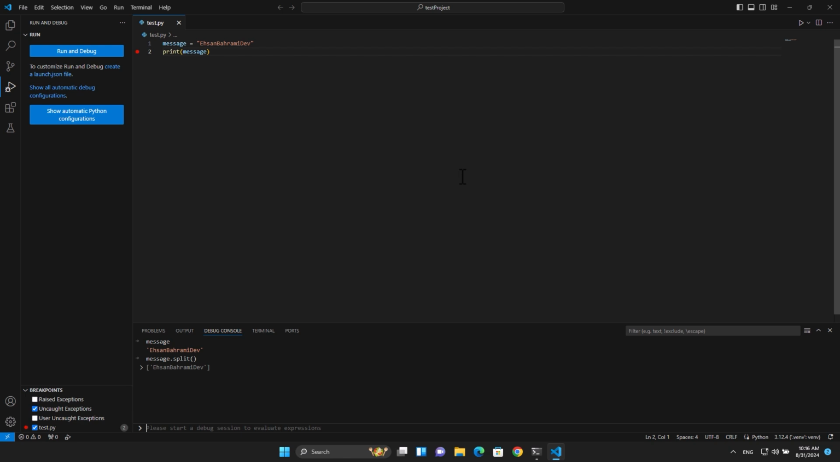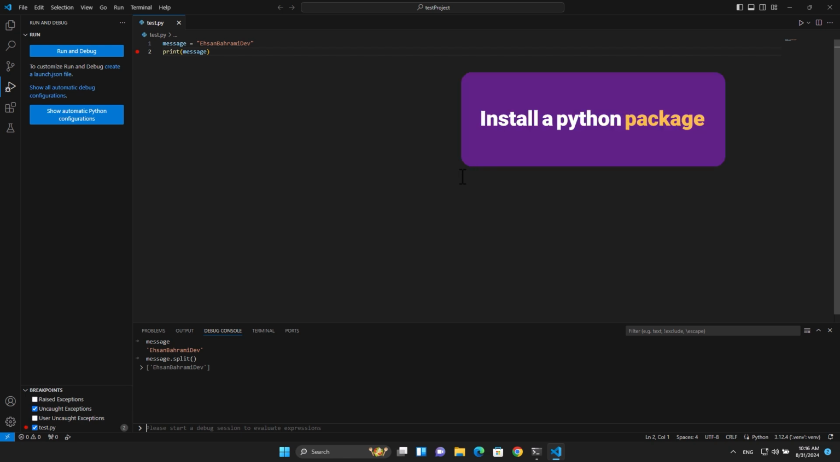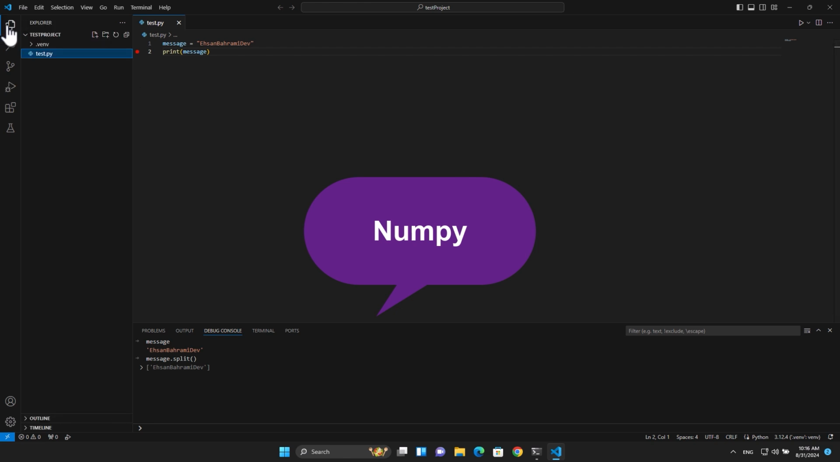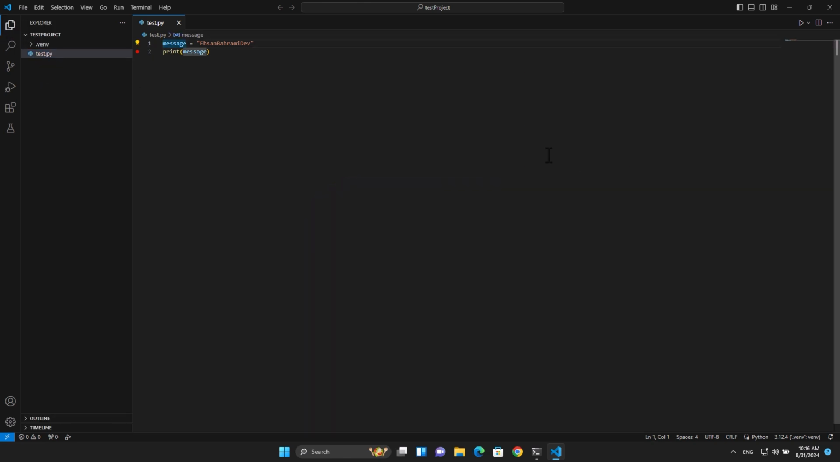Next, we want to learn how to install a Python package. So we use a numpy package in this session. First, we add some lines in our code. In the first line, type import numpy as np. And in the last line, type print